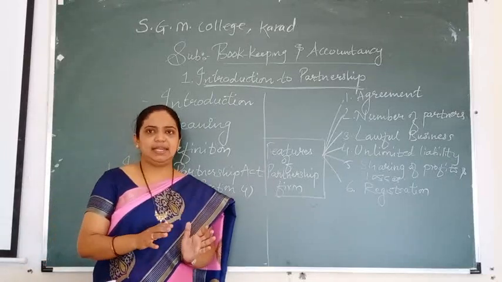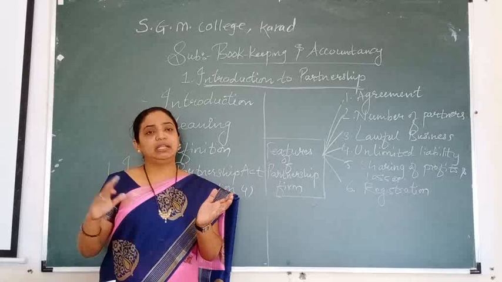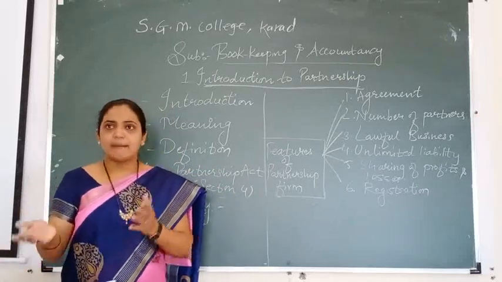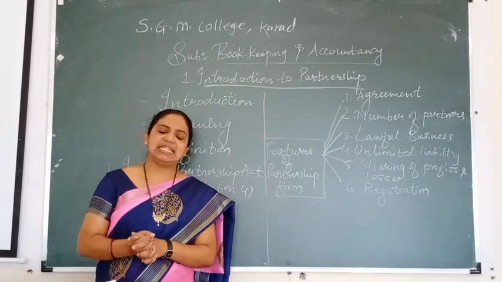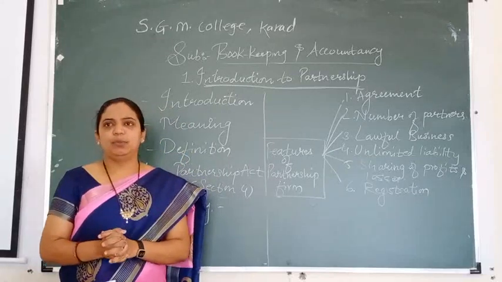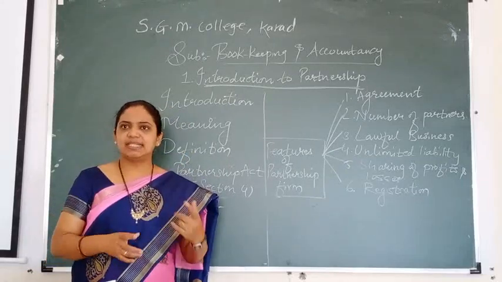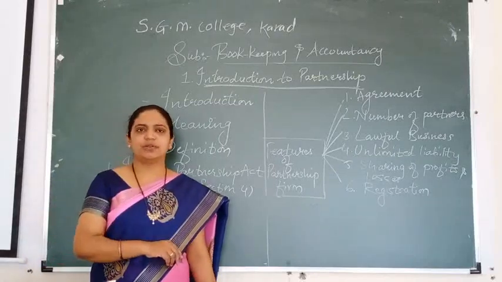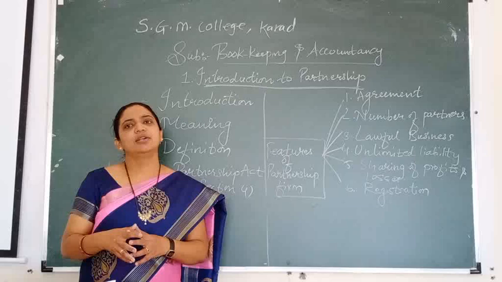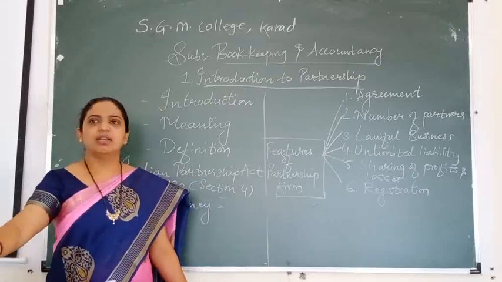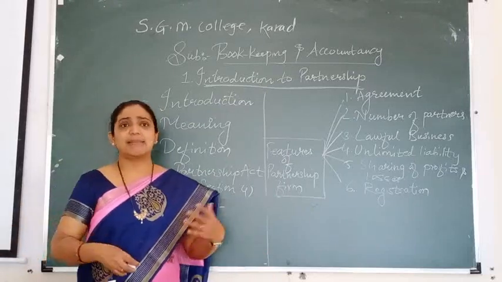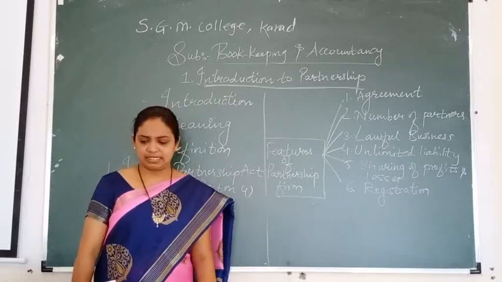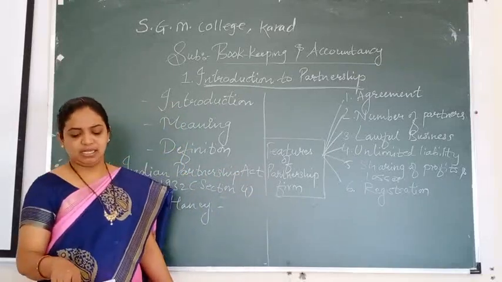As I said, in other states it is optional; whether it is compulsory or not depends on the act. But in the state of Maharashtra it is compulsory with the effect of 1st April 1985. In the textbook it is now given as 2005; first it was 1985, now 2005. Both are correct. We will go according to the textbook, because sometimes amendments and changes are there, and we have to bring those in. So registration is compulsory here.